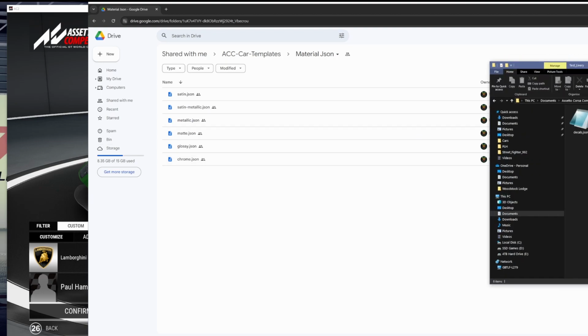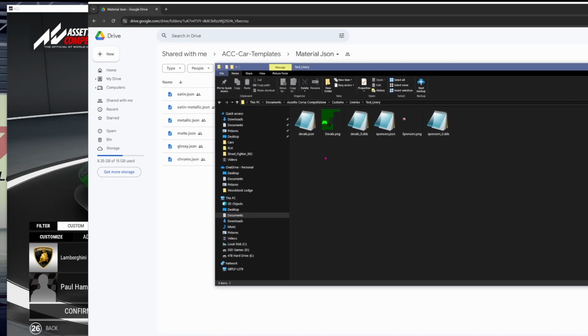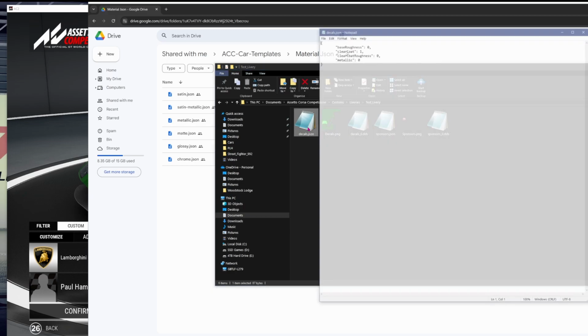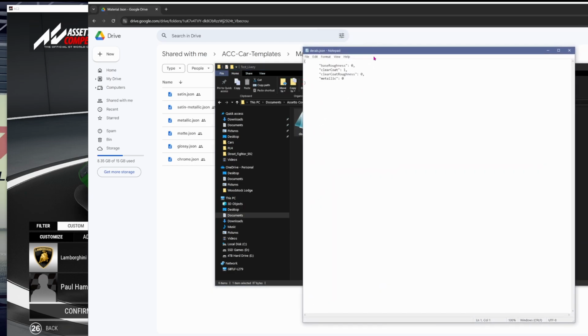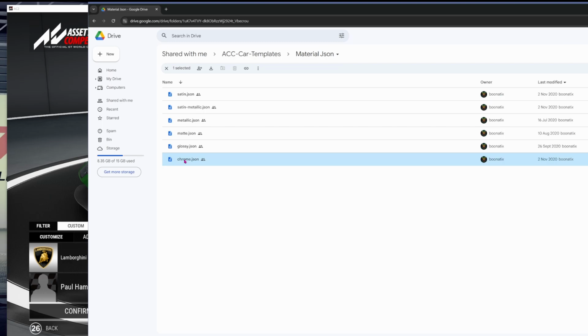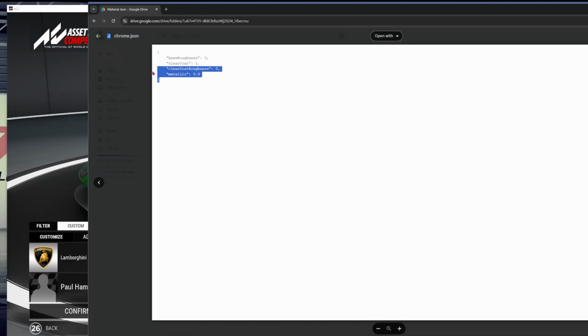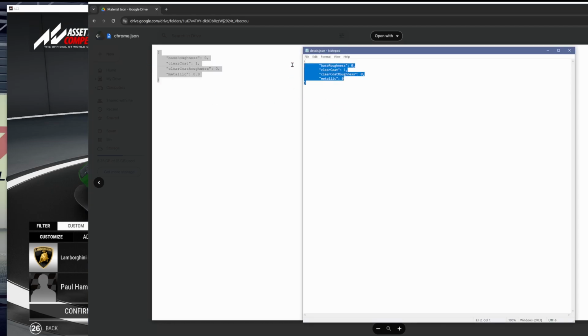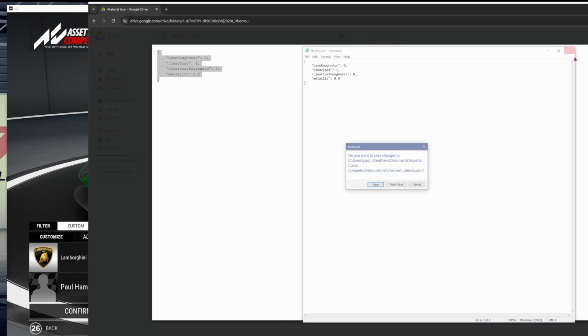So if I wanted to change the paint, which is in decals, you go to your decals JSON file, and then you'll see there's a little code. Now it's pretty simple. Say if I wanted to make it chrome, you come back to the materials page, load that, just copy everything, Control C, come back to there, grab everything, and then just paste